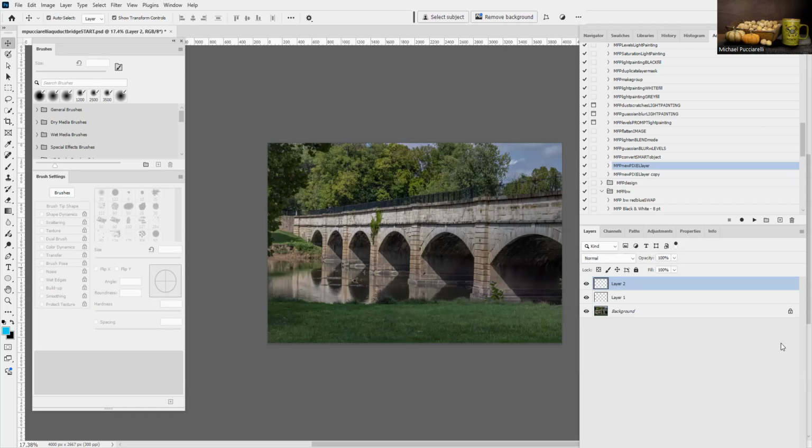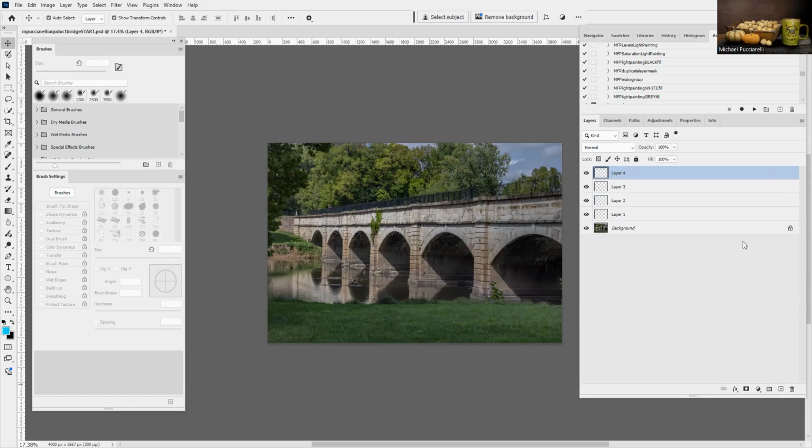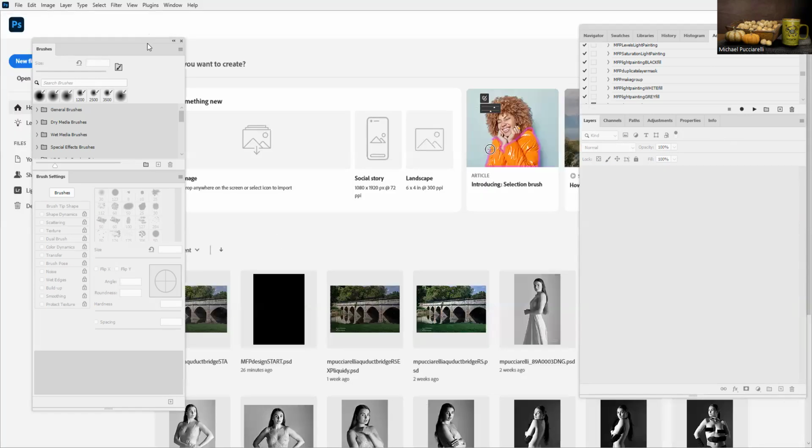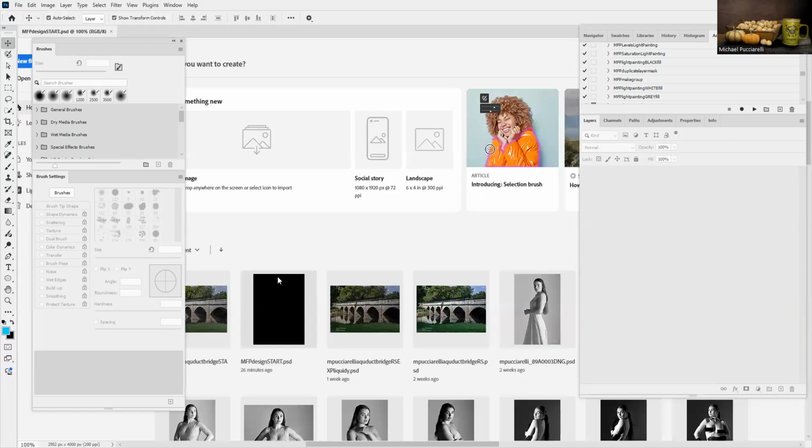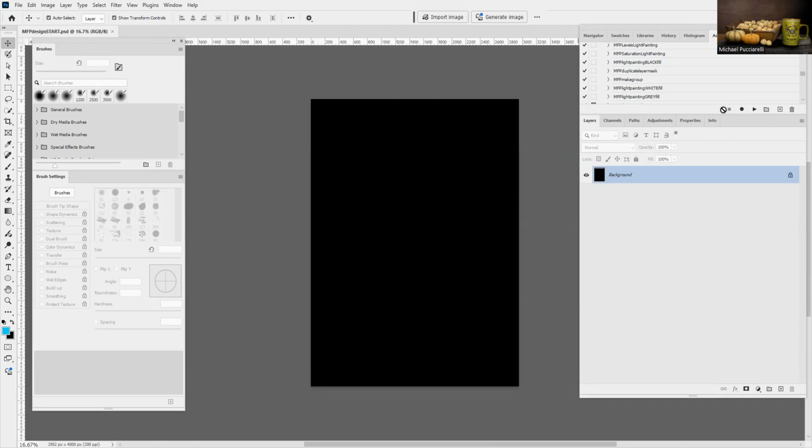We can also do this. I made menu actions to make it quicker. Now I'm going to bring up a new file for